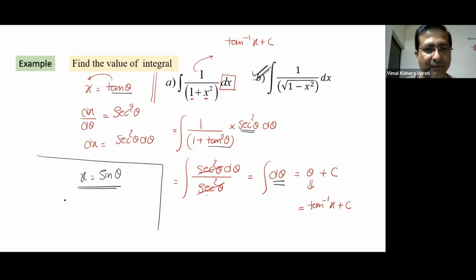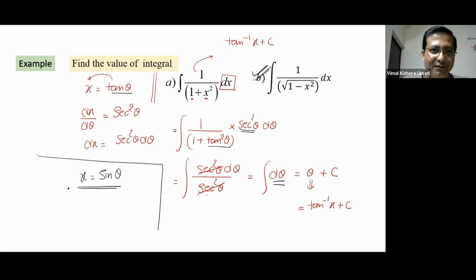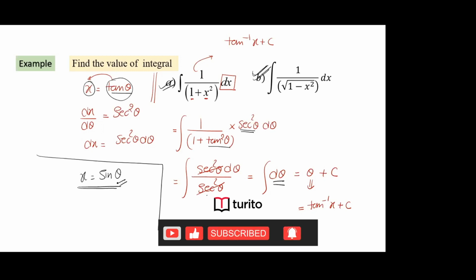Anyone else? Sir, we can do it with tan theta also, right? With tan theta, the same problem will come again. What was coming in the previous case, if you take x as sin theta, the same thing you will get in this situation if you take x as tan theta. I'll prove that. Sin is the better substitution. I'm not saying sin is the only substitution. I'm saying sin is the better substitution. When you substitute, you will see terms getting cancelled out and you will get it in simplified format. Try once, taking x is equal to sin theta.